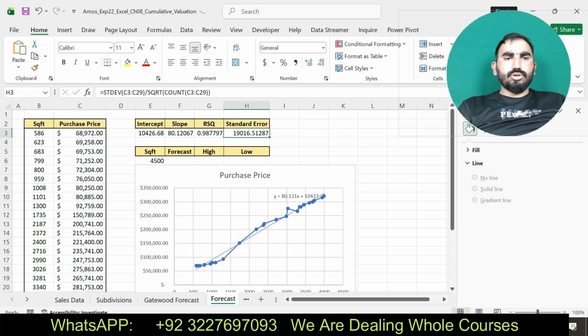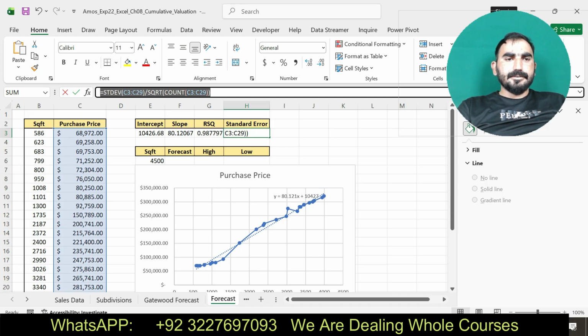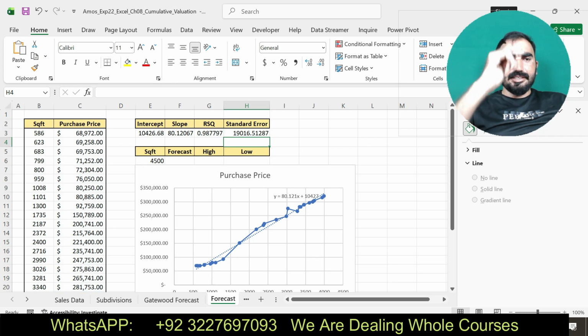Here you can see I have put the function for the standard error and found the values for the standard error.